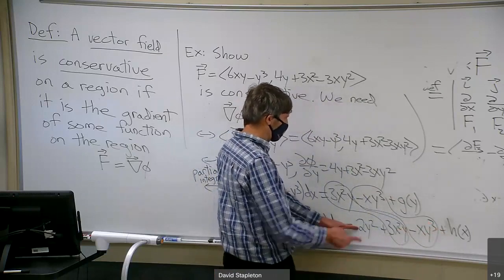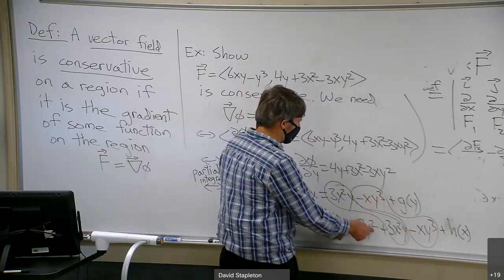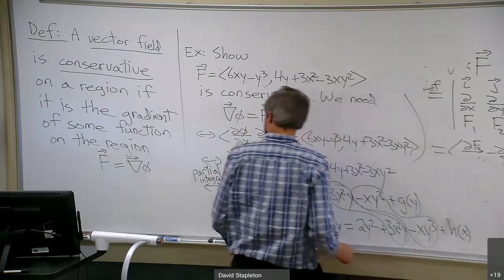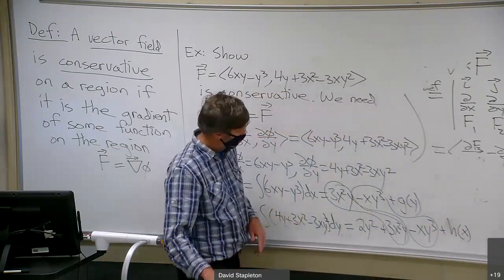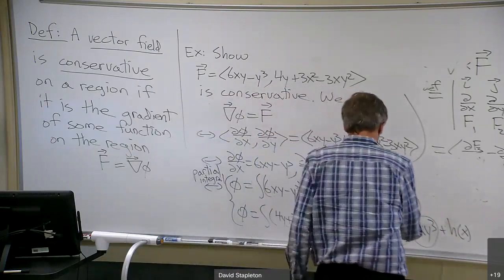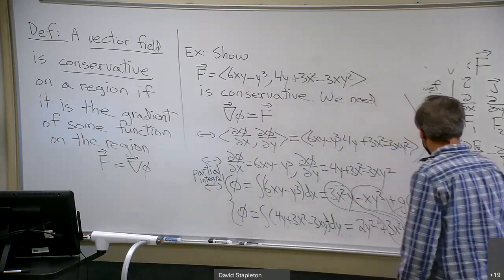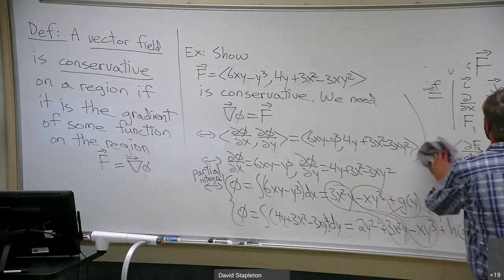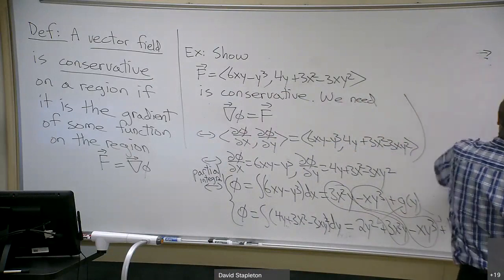Sure enough, if I let g of y be 2y squared plus an arbitrary constant, then I can make this work. So g of y must match up with 2y squared, and then there's also an arbitrary constant; h of x is a constant. And so the most general function